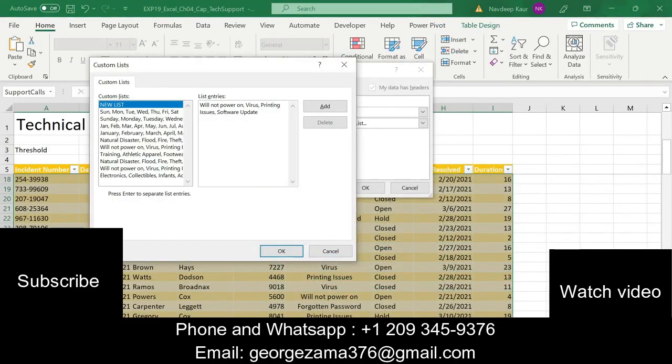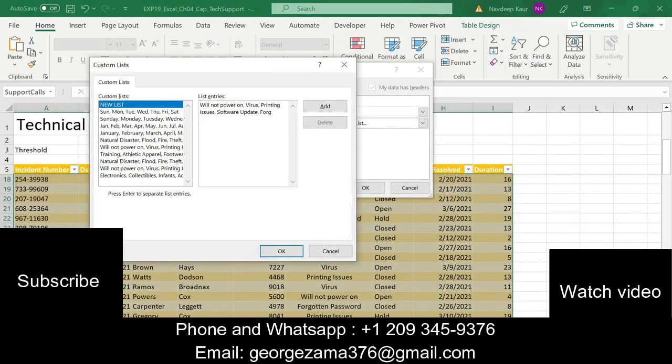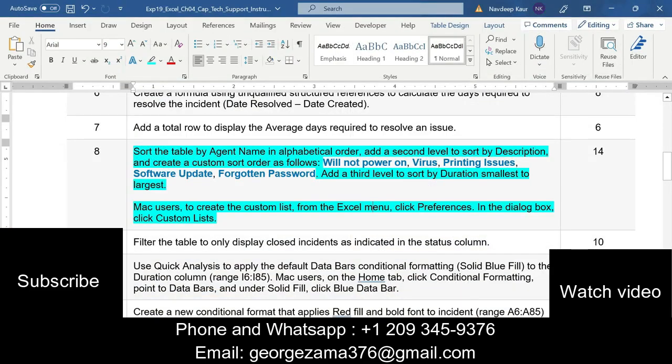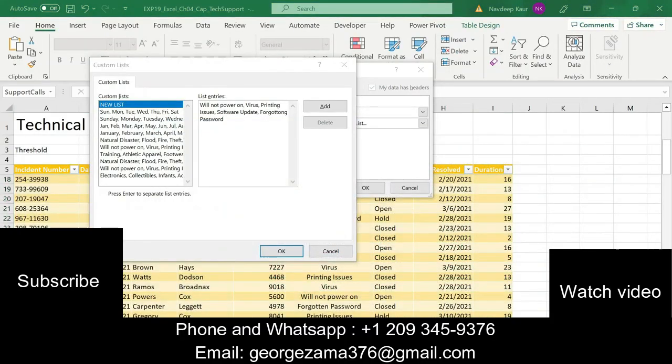Forgotten password. Next one is forgotten password. So custom sort is will not power on. Then the second one is the virus. Then printing issues. Then software update and forgotten password. So it is forgotten password.